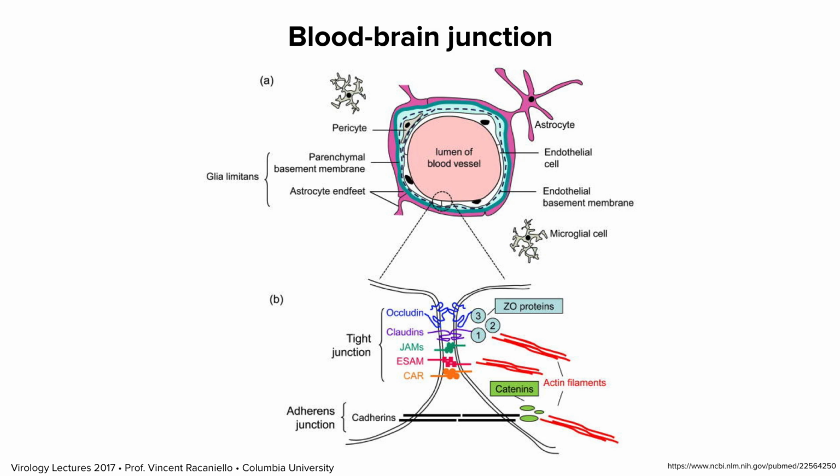So these are very, very tight junctions. There are also other kinds of junctions here called adherens junctions. Then around the blood vessel and around the endothelial cells is the astrocyte. Astrocytes are a certain type of brain cell which are increasingly being recognized to play important roles in immune defense. Their processes surround the blood vessel.